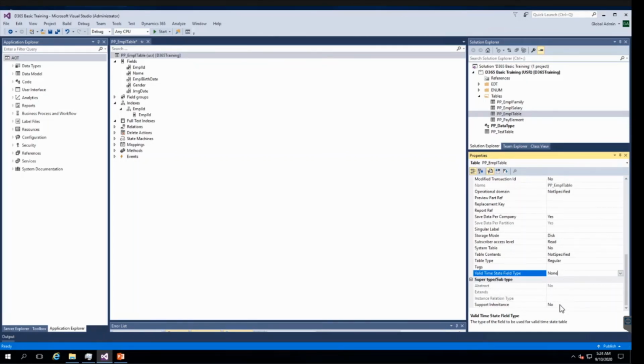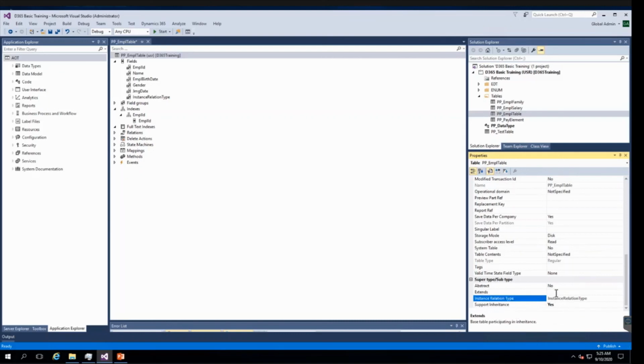Now the next property is the inheritance property, support inheritance. When I set this property to yes, this enables us to use the inheritance concept. Right now extends is disabled, so if I set it to yes, then extends is enabled. Both the support inheritance property and the extends property together control table inheritance. A derived table extends a base table.